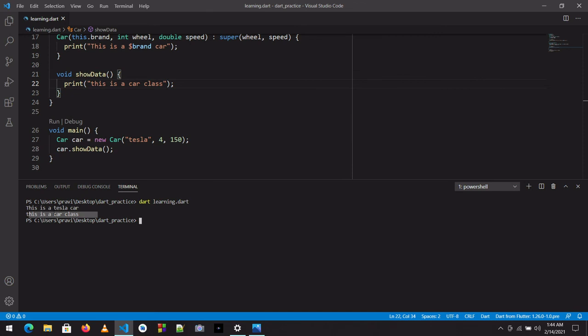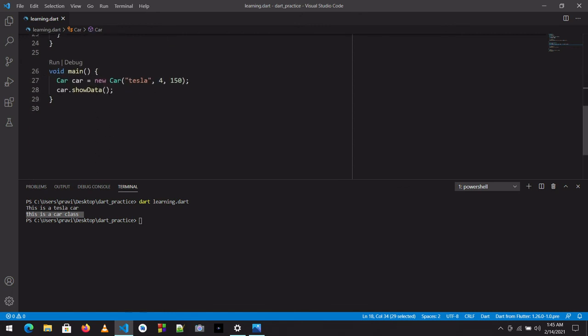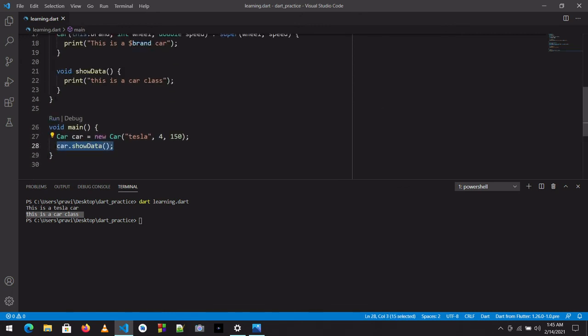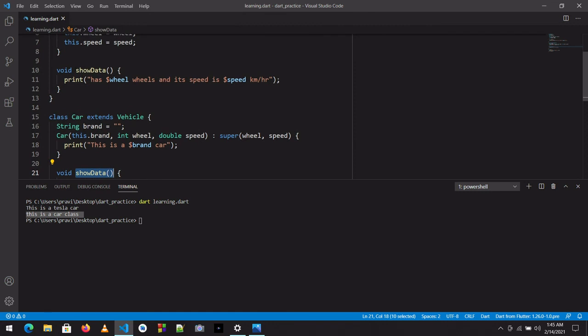What you can see is that when I run the program, car object created. The constructor in the car class printed this is a brand car, that is, this is a Tesla car. When I call car dot show data, it printed this is a car class. So it executed this function instead of executing the parent function.